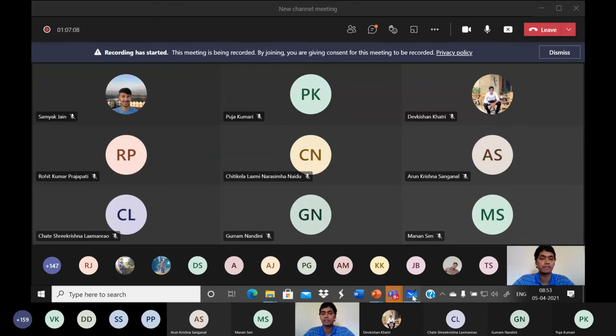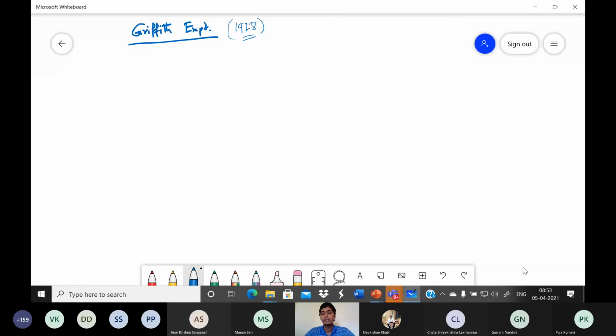Let's discuss that experiment first. A very simple experiment, but I will go through it step by step so that you can understand. Griffith was actually trying to make some kind of vaccine, and the discovery that DNA is genetic material is, I would say, some kind of accidental discovery. Most of the big discoveries are actually accidental. They are doing something else, and during that time they observe something completely different or very important.